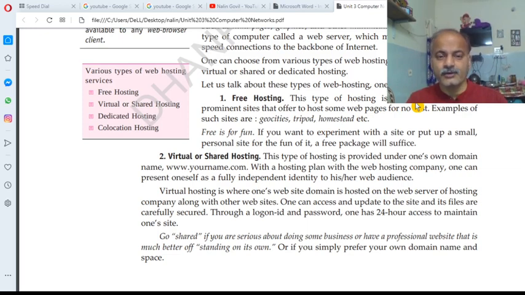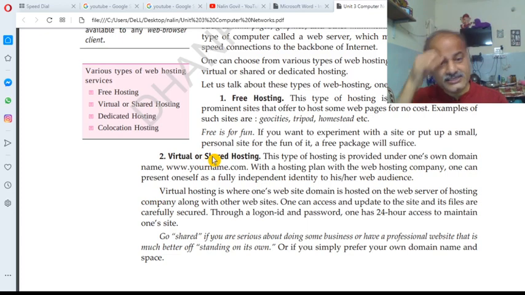You can make your own website and store your files on this server. So free is for fun. If you want to experiment with a site or put up a small personal site for the fun of it, a free package will suffice.